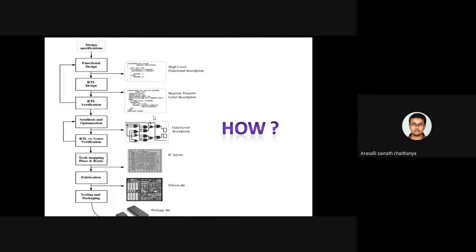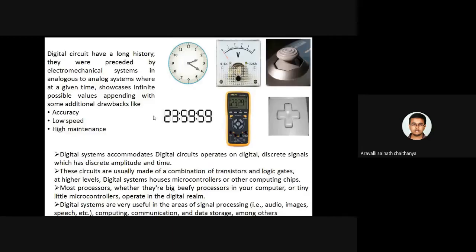Okay, so let us recap some of the concepts. We know that digital circuits have a large and long history. These digital circuits are developed and they play a major role in developing any digital systems. Am I right?